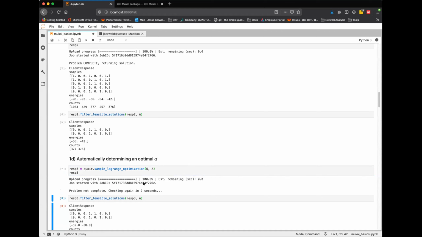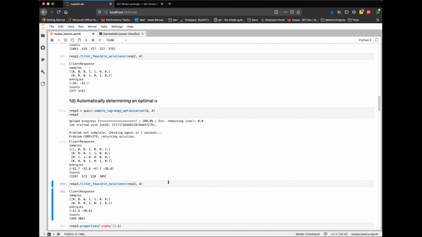So if we do this, it will take a teeny bit longer because it had to go and do a couple rounds to figure out the optimal alpha. And so we see automatically we found pretty much the same solutions. The energies are a little tough to interpret. Because Q never changes, you can go back and find the actual cost, which I haven't done in this case, but you can multiply all the feasible solutions by the cost and figure out which is the minimal one. But because we've modified it, the energies are calculated with the whole multiplication in here. You end up having slightly different costs.